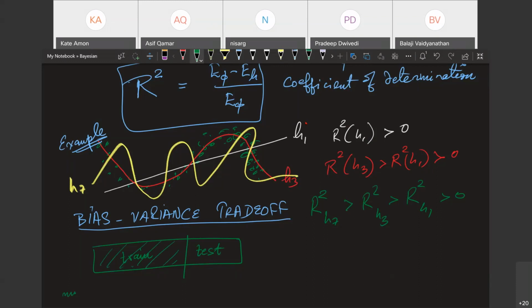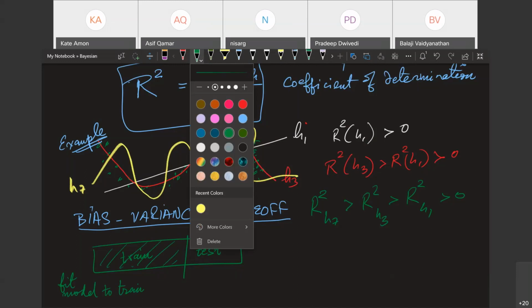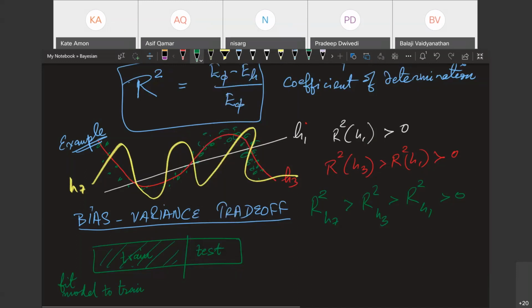Asif, quick thing, because visually looking at it, the R square of H7 seems to be doing much worse than even the R square of H1. Yeah, it's because I should have cheated a little bit on a lot of points on it. Okay, so there you go.